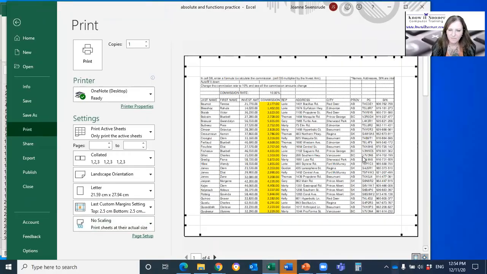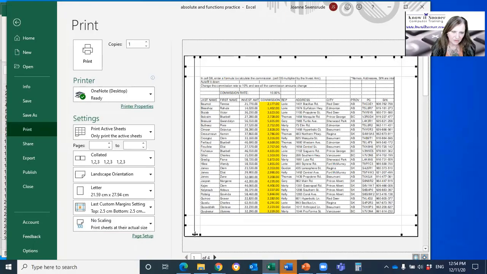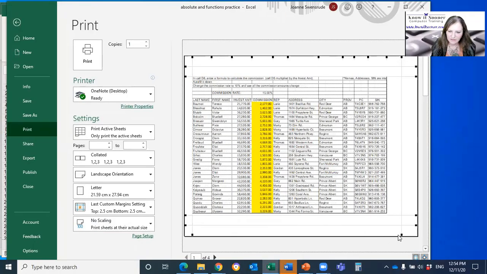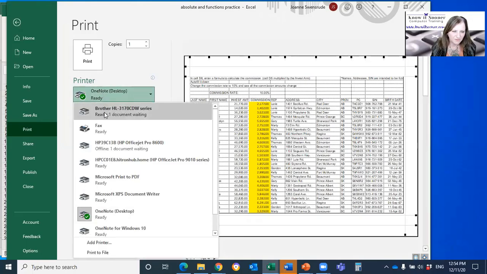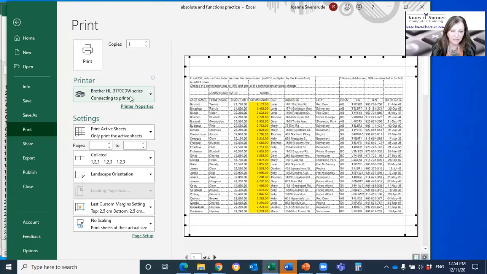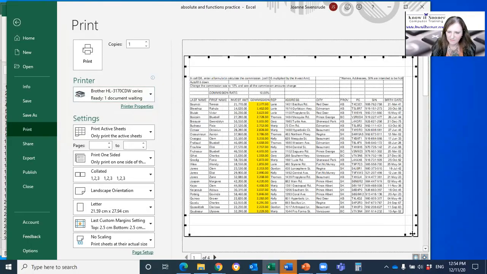If I click on it, it shows me on my column what's the top. And then down here, I'm going to drag it a little bit. So I'm on the bottom left-hand corner. That's my left margin. And I drag my right margin a little bit to the right. And if I drag it far enough, it's giving me a bit of a hard time because I have this weird OneNote printer selected. If I choose any other printer, then it's nicer to me. There we go. There, look at that. So I just did a little bit on each end